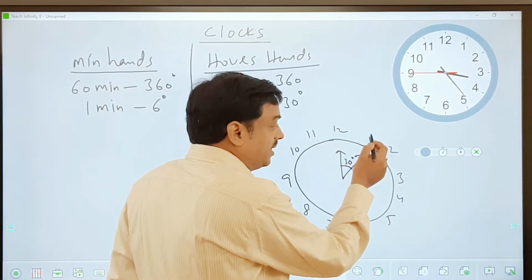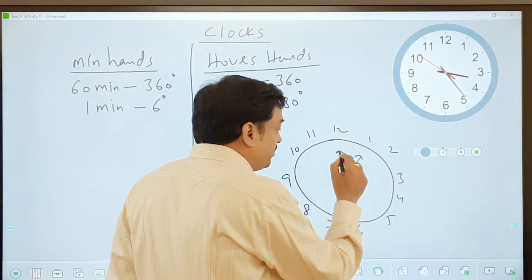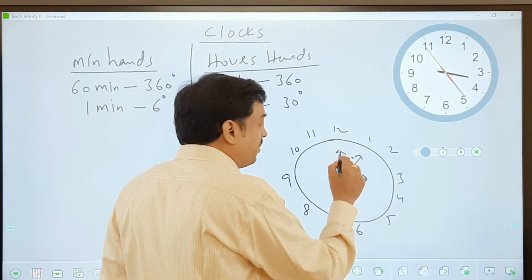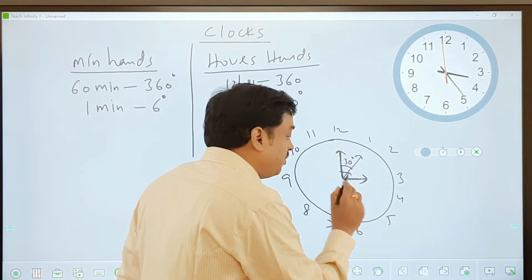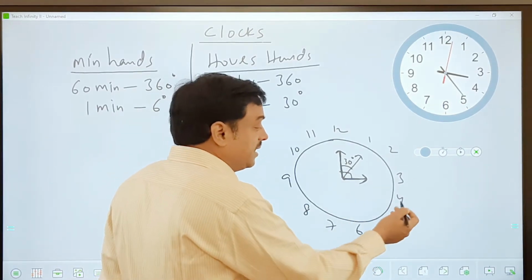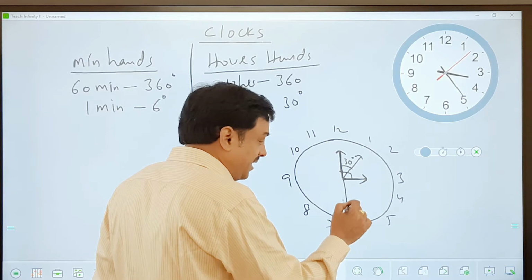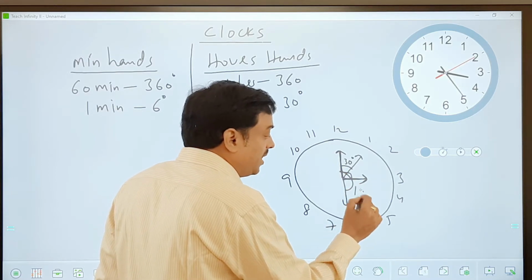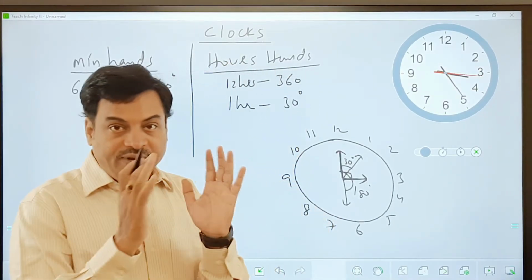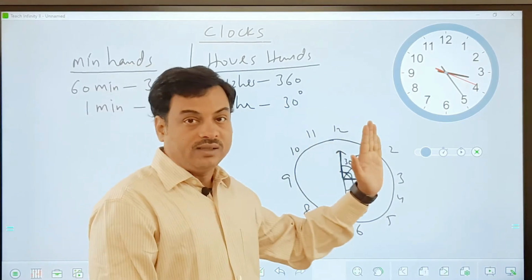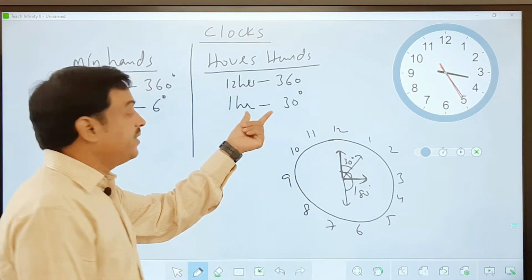So you can say 1, 30 degrees, 2, 30 degrees, that is 60, 90. So when it is pointing at 3, you see both these are perpendicular lines. And the total angle will be 90 degrees. And in that way, if you proceed, 30, that is 120, 150, and this makes it 180. So when it is pointing at 6, the total angle will be 180 degrees. We all know straight lines have 180 degrees as angle. So every hour, from 12 to 1, 30 degrees, 1 to 2, 30 degrees, 2 to 3, 30 degrees. Like that, hourly, it will cover 30 degrees of angle.